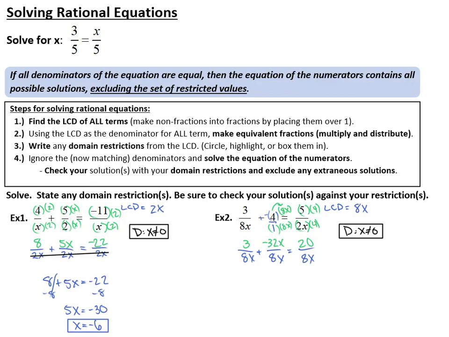Okay, now we'll go ahead and ignore our denominators and then solve the equation of the numerators. So 3 minus 32x equals 20. Let's subtract 3 over, negative 32x equals 17. And divide by negative 32. Whew, that's a pretty ugly looking answer. I don't think it reduces at all. So we get negative 17